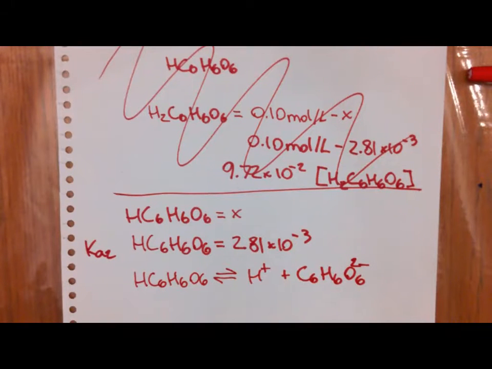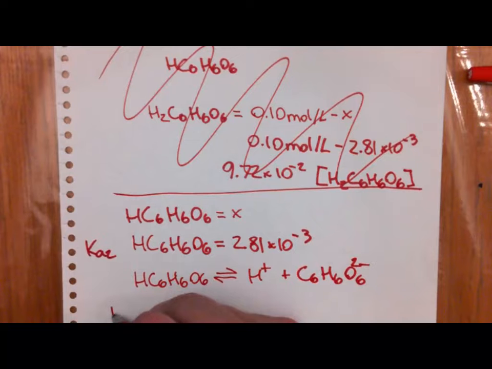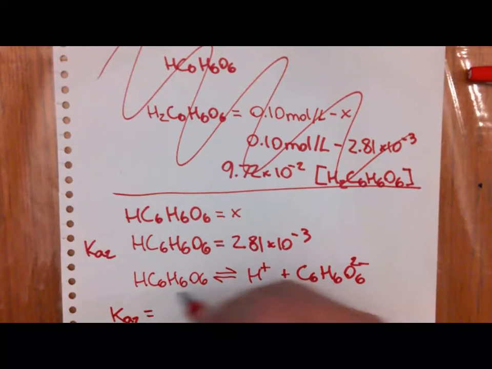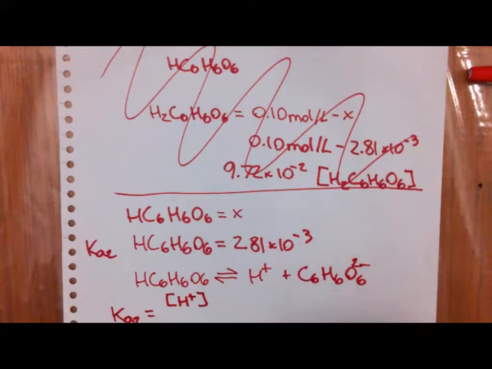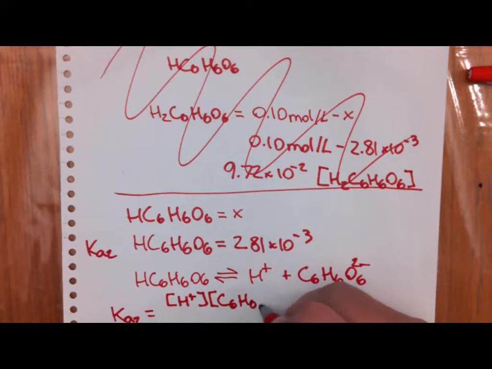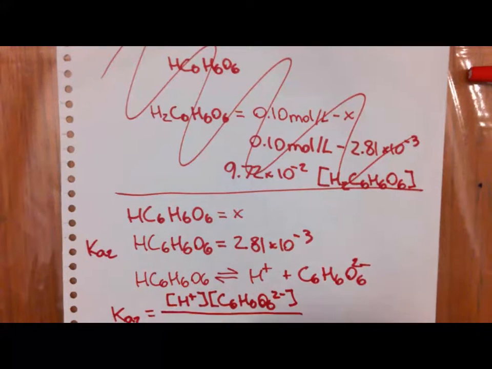So here we can just make our Ka2 equation, which will be the concentration of H+ ions, the concentration of C6H6O6 2- ions, all divided by the concentration of